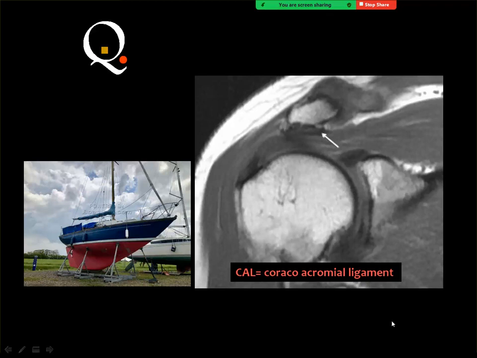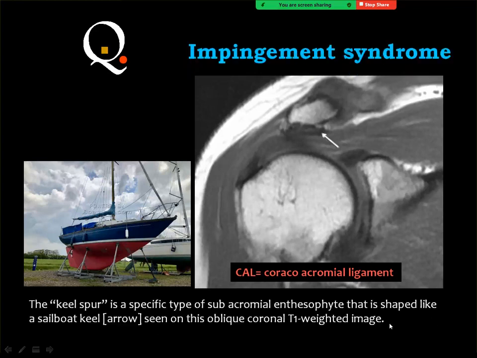There are a lot of causes of impingement in the region of the acromioclavicular joint, and they usually correlate this with the keel spur, and this is the keel spur of the boat, and the causes of